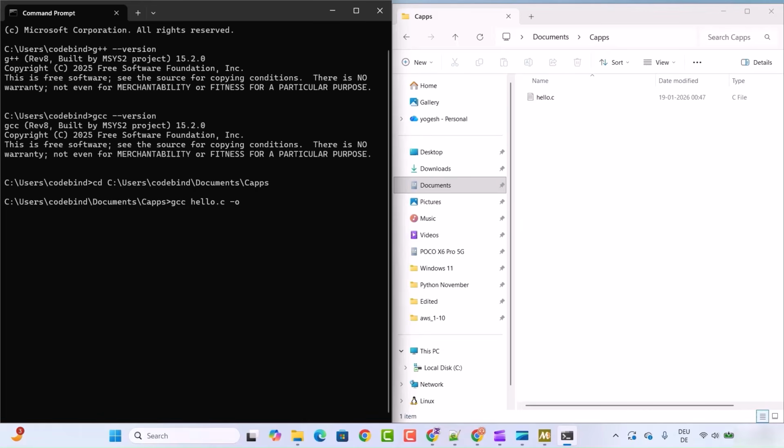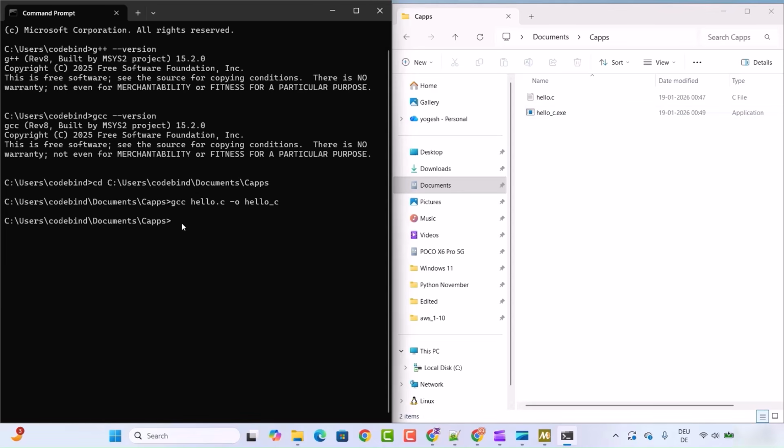So the hyphen o flag is used to give the name of your executable file, and the gcc command is going to take the C file name, and after that whatever name you give for your executable, it will create that executable for you, right? So this is the command, and when I press enter, you can see the new executable file is created on my folder explorer with the name